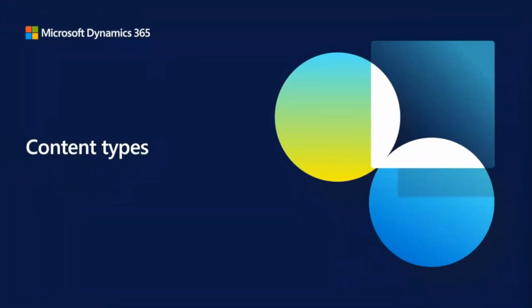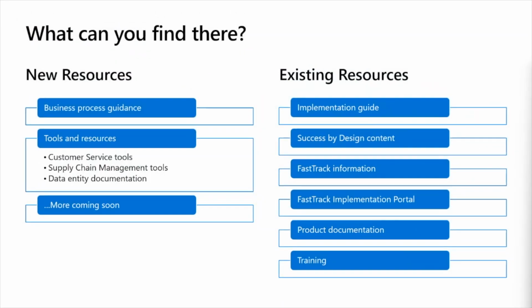So let's switch gears and talk a little bit about the various different types of resources that you can find on the Guidance Hub. You might be wondering what you can find on the Guidance Hub. There are a number of new resources available in the Hub, including the new business process guidance, which we'll be spending a little bit more time on today, but that's what our entire series is all about. So if you want to learn more about the business process guidance, I do invite you to join us in the future sessions. But you can also find a variety of other new tools and resources to help you optimize